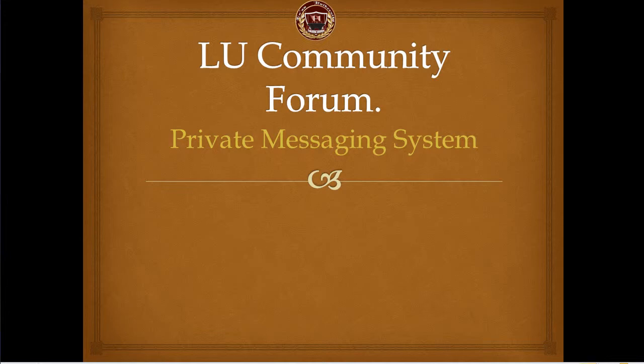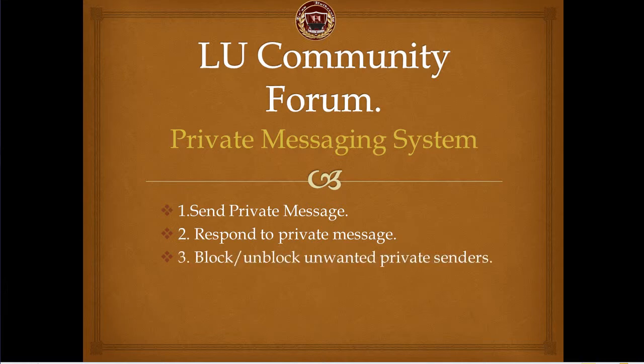The first one has to do with how to send a private message. The second part is how to respond to a private message. And the third, the last part, will be dealing with the way to block or unblock an unwanted or